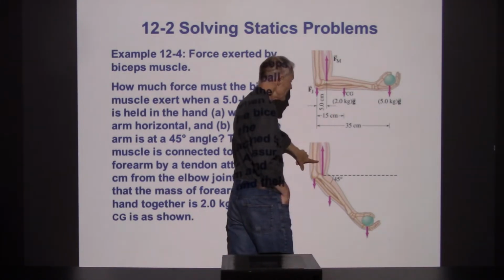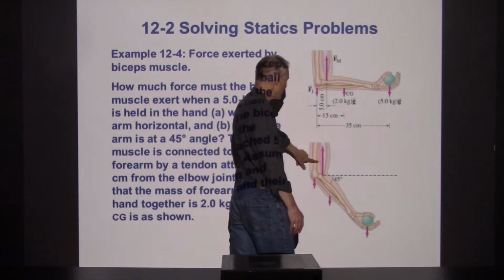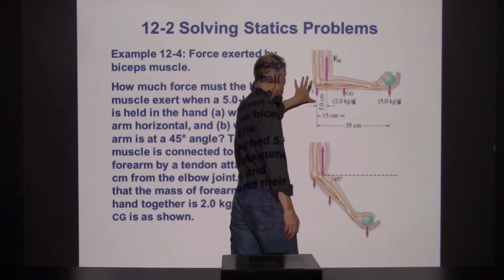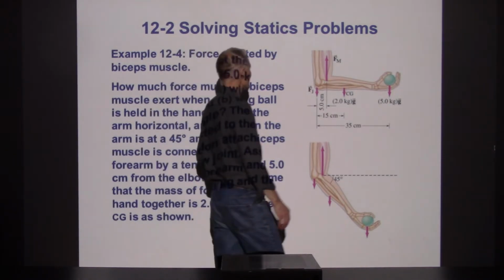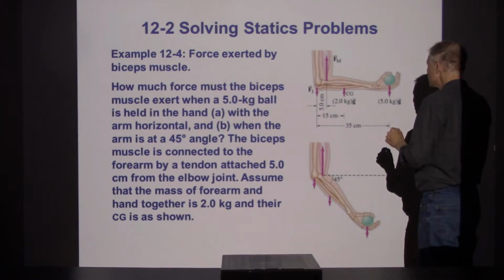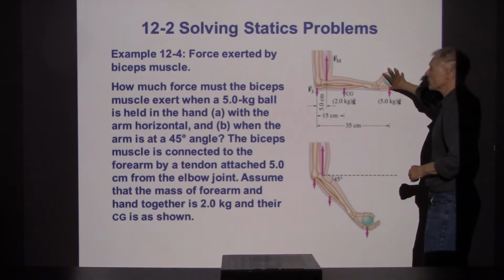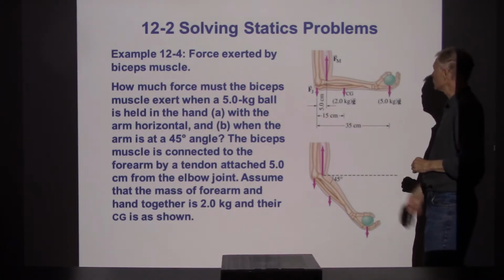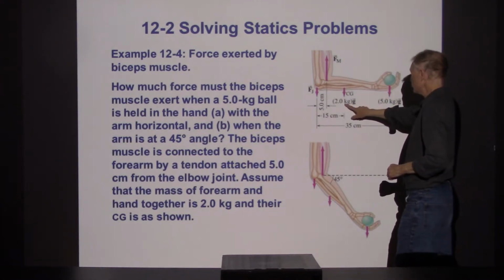And look, in part B, they're going to change the angle of the forearm and go in and reevaluate. I think we want to stick with this first. We'll come back and look at this in a minute. But what they're telling us is this. They've given us a bunch of distances and masses. So I know the person has this 5 kilogram object that they're holding on to. It says that the person's forearm is 2 kilograms,